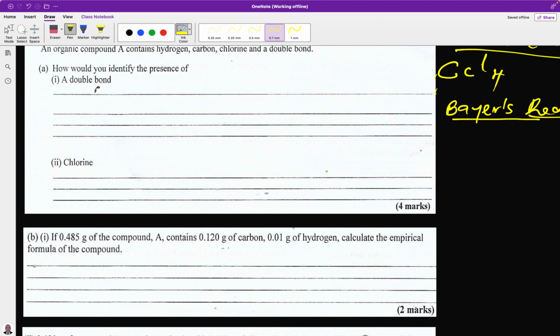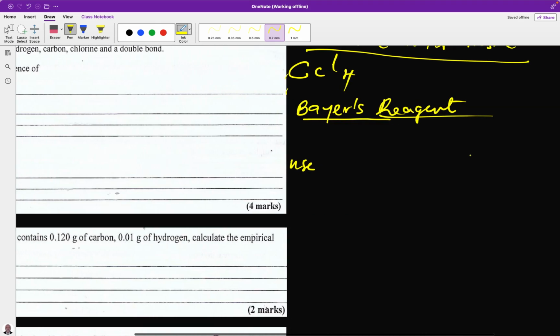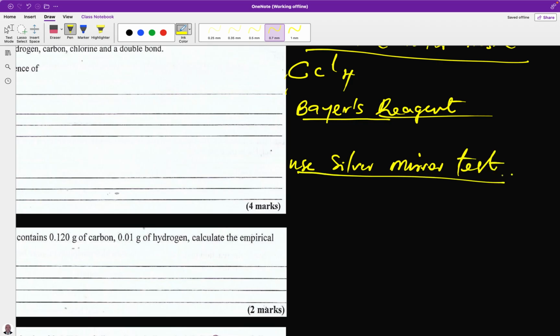We can now say addition of a freshly prepared, the first thing you write there is silver mirror test. The main point: use silver mirror test. Then you can describe. On addition of a freshly prepared solution of silver nitrate,